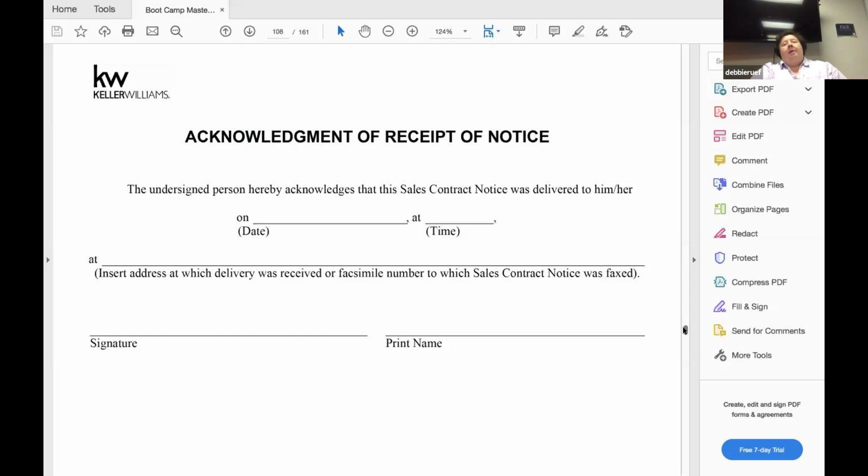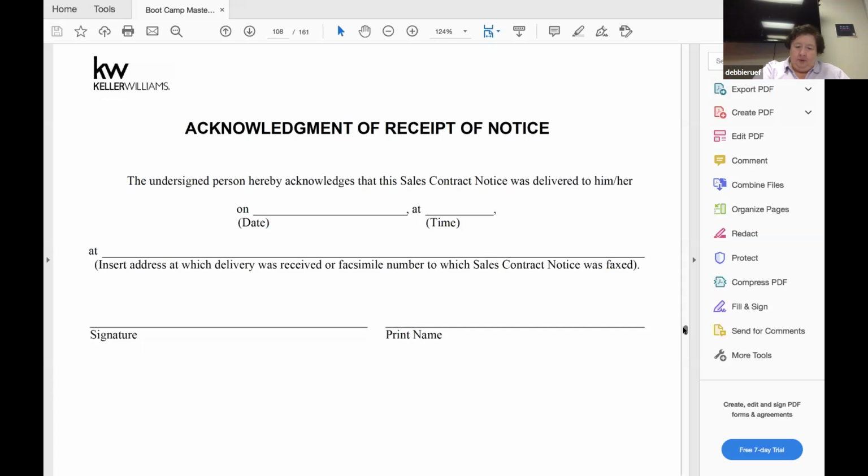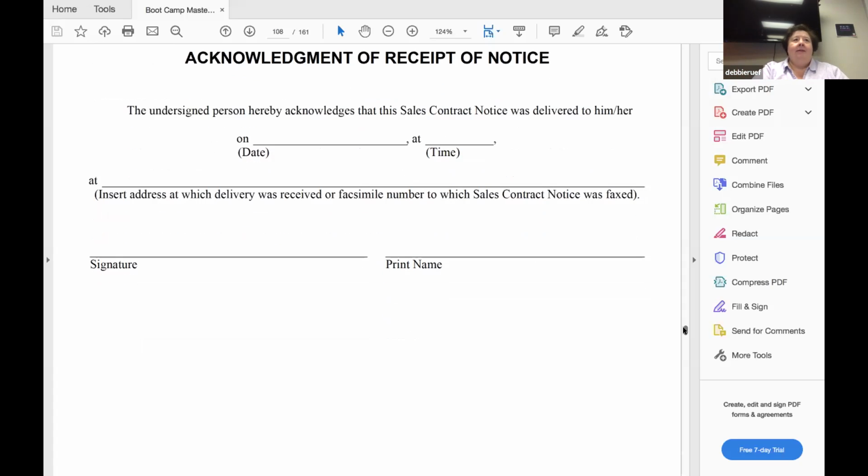What's happening oftentimes is the other agents are not responding. So this allows them, particularly with faxes, to notify us that they received it. Now, we don't fax a lot anymore, but that's predominantly what this acknowledgement is for, the faxing. In an email,